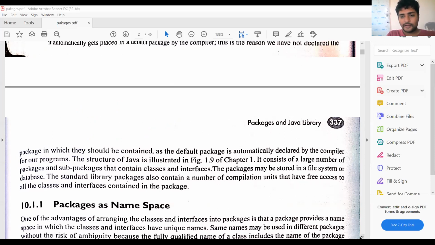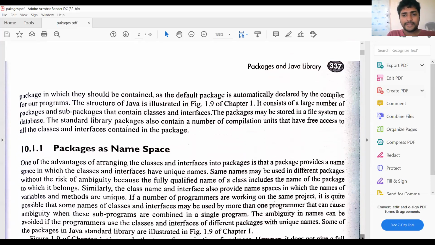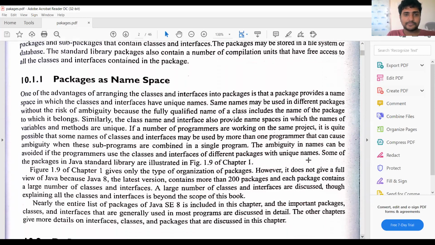Next concept is packages as namespace. That means each package has its own name. If you want to create a package, the package must have some identifier.